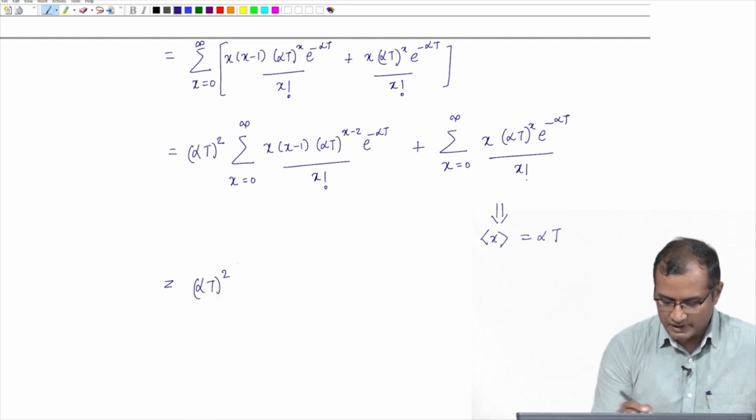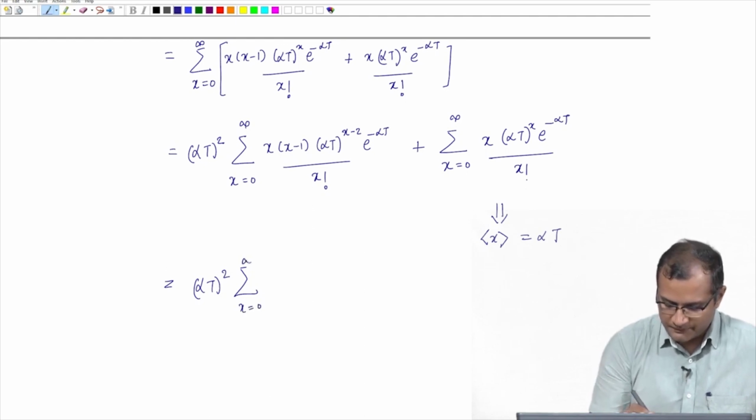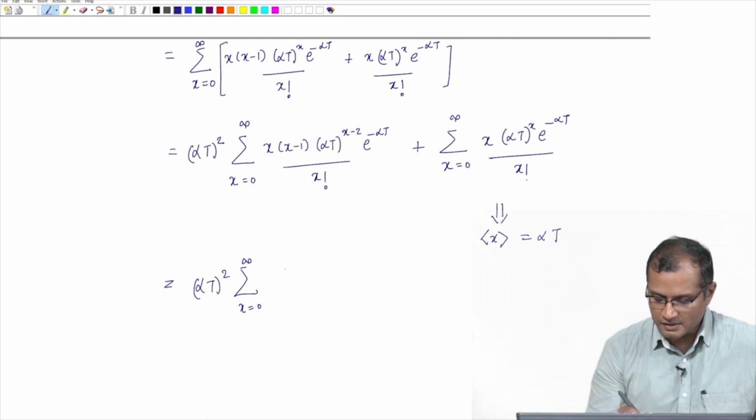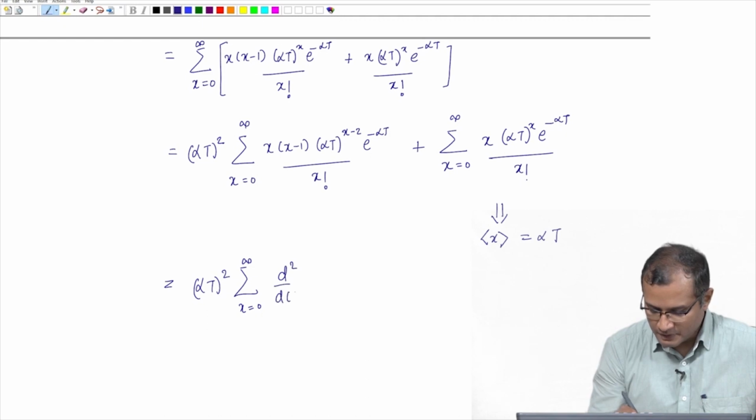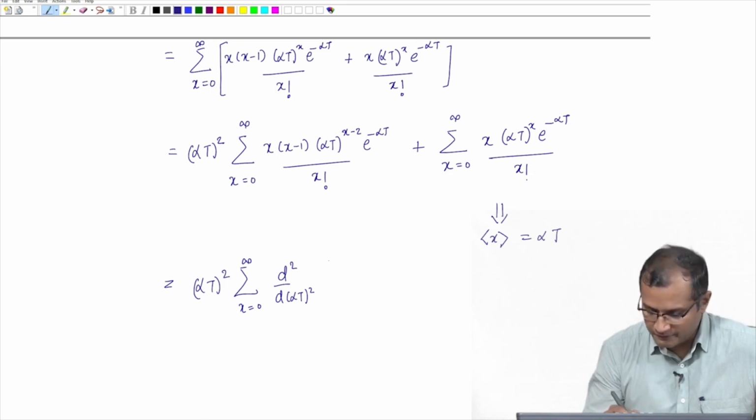I am not going to complete the calculation, because this is tedious and does not prove beyond a point, is basically I am going to write this as second derivative with respect to alpha t of our PDF, which is